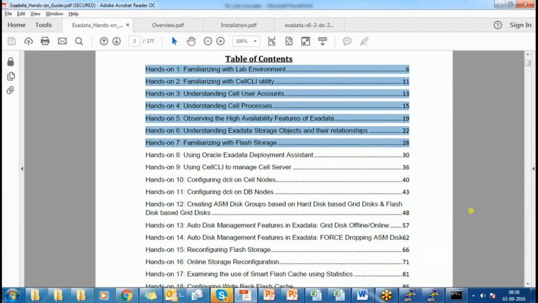Whatever we discussed covers all these practices, and every practice has a step-by-step guide. You just execute those commands, observe the output, and try to correlate and understand how it is working inside the machine.